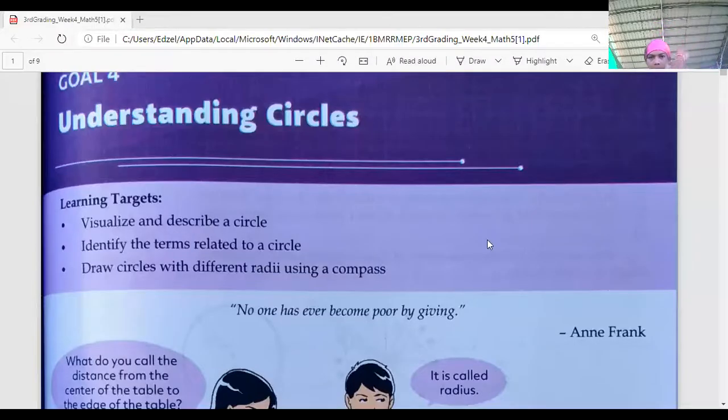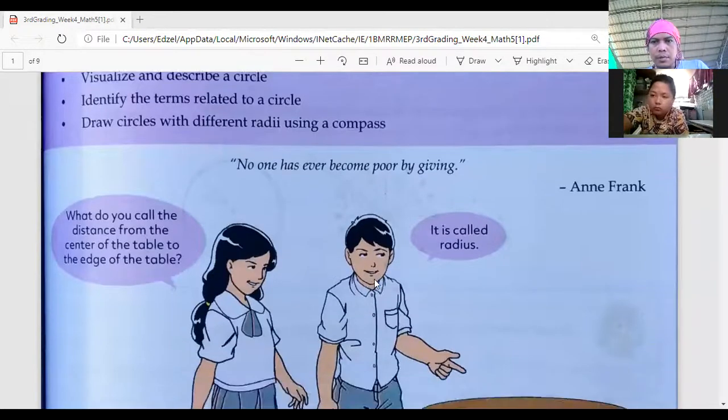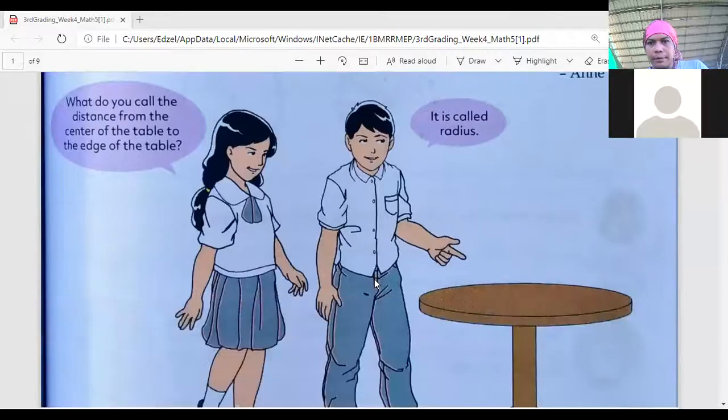Alright, grade 5. So today's discussion, we will target three learning competencies. Number one is visualize and describe a circle. Then next is identify the terms related to a circle, and then draw circles with different radii using a compass. So let's begin with this